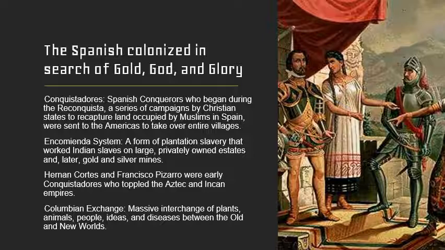Now, once they actually get to the Americas, these conquistadors are going to set up something called the encomienda system. The Spanish crown would grant large pieces of land to the conquistadors or to other Spanish nobles. So you would have these privately owned estates that were essentially entire Indian villages. And so they were used kind of as plantation slaves. Later on, these natives are used in gold and silver mines as well. But this is how the Spanish kind of take over land. They just go in and entirely take over whole villages of natives.